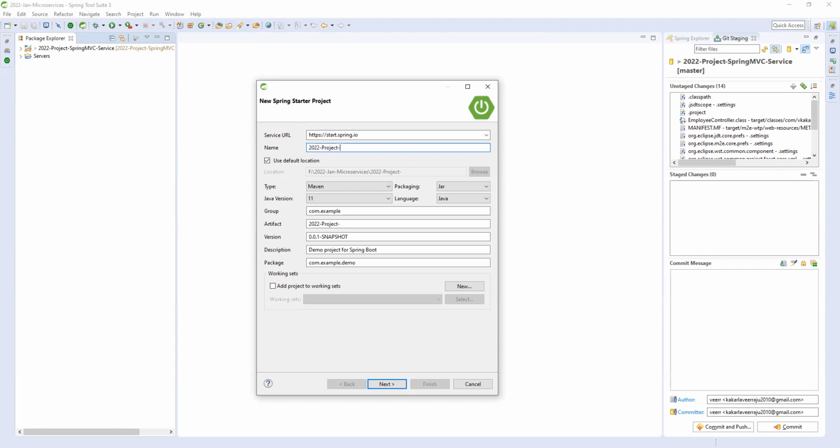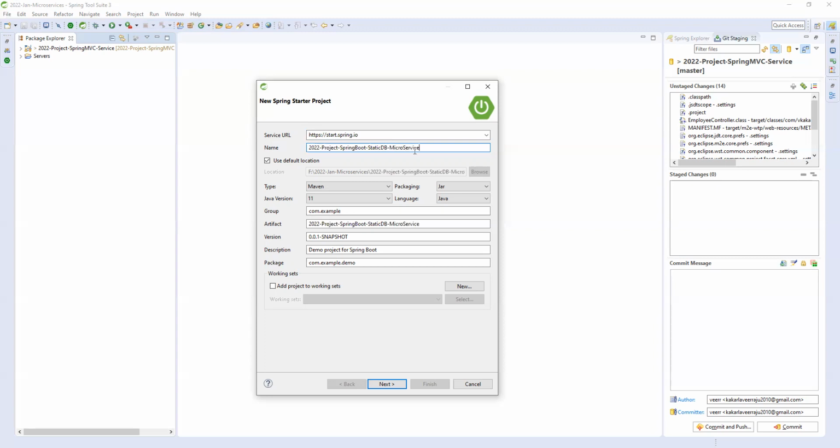Spring Boot, static DB service or microservice, whatever you want you can write.